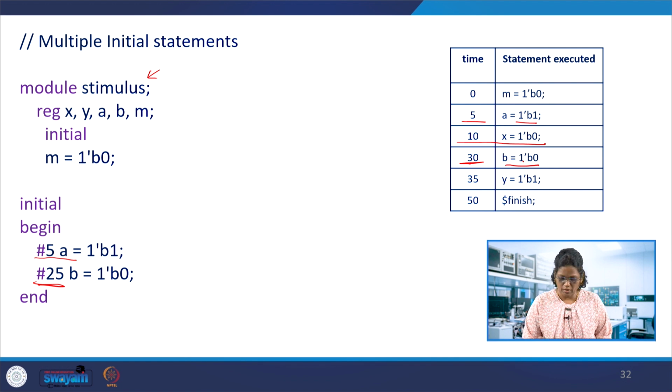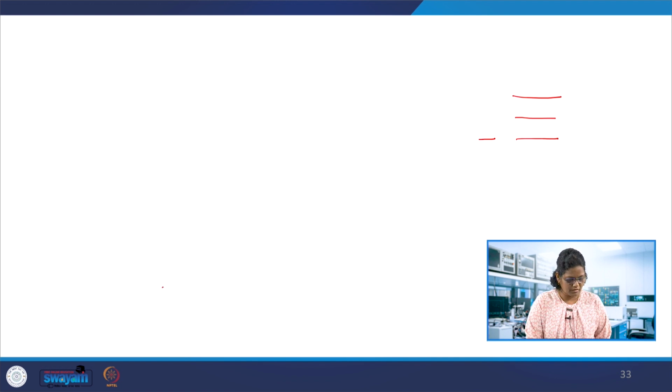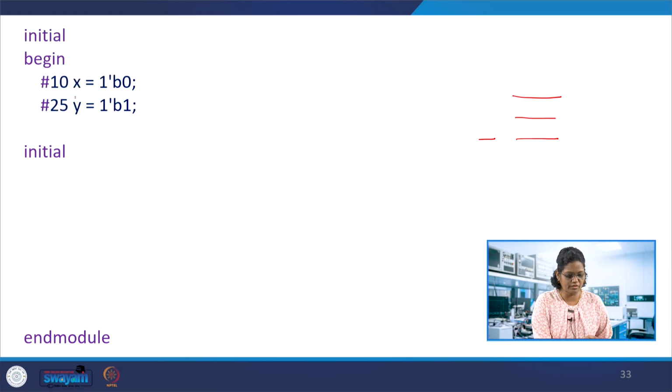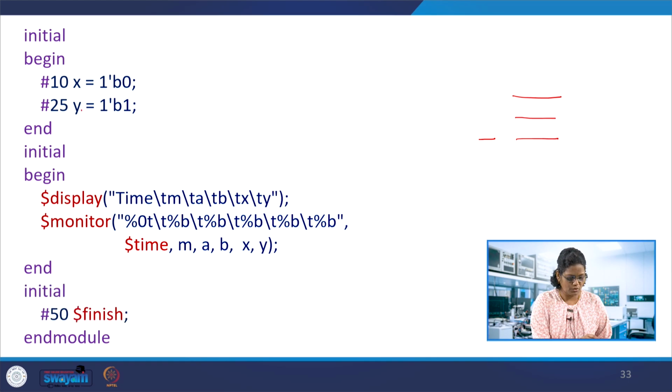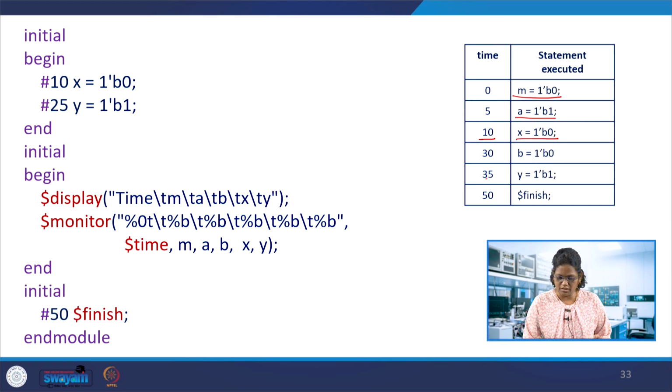After this comes the block here, that is #25. After 10, it is waiting for the next time. So what we get is after 30, this is 35, from the initial one. So this 25 plus this is from here, and this one is from the previous initial block. So this y equal to 1 is getting evaluated and assigned. So this display at #50, yes, it is $finish.